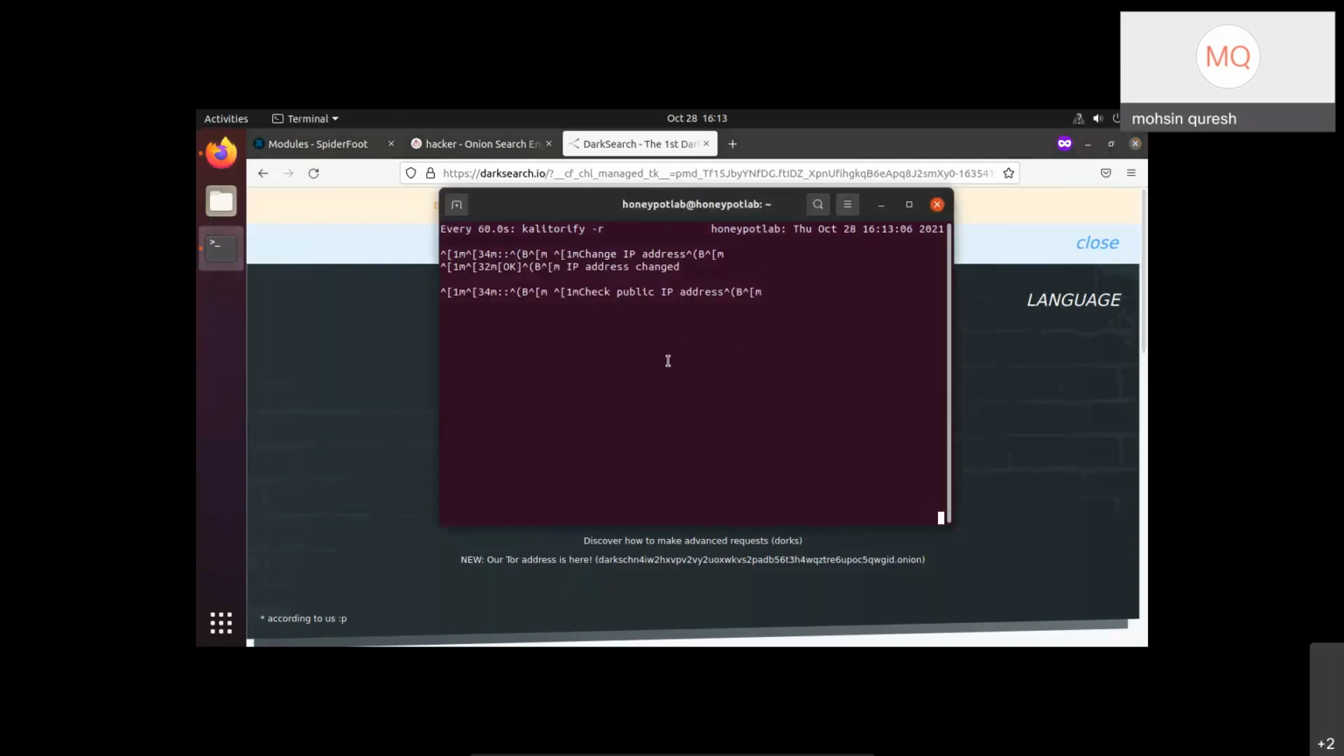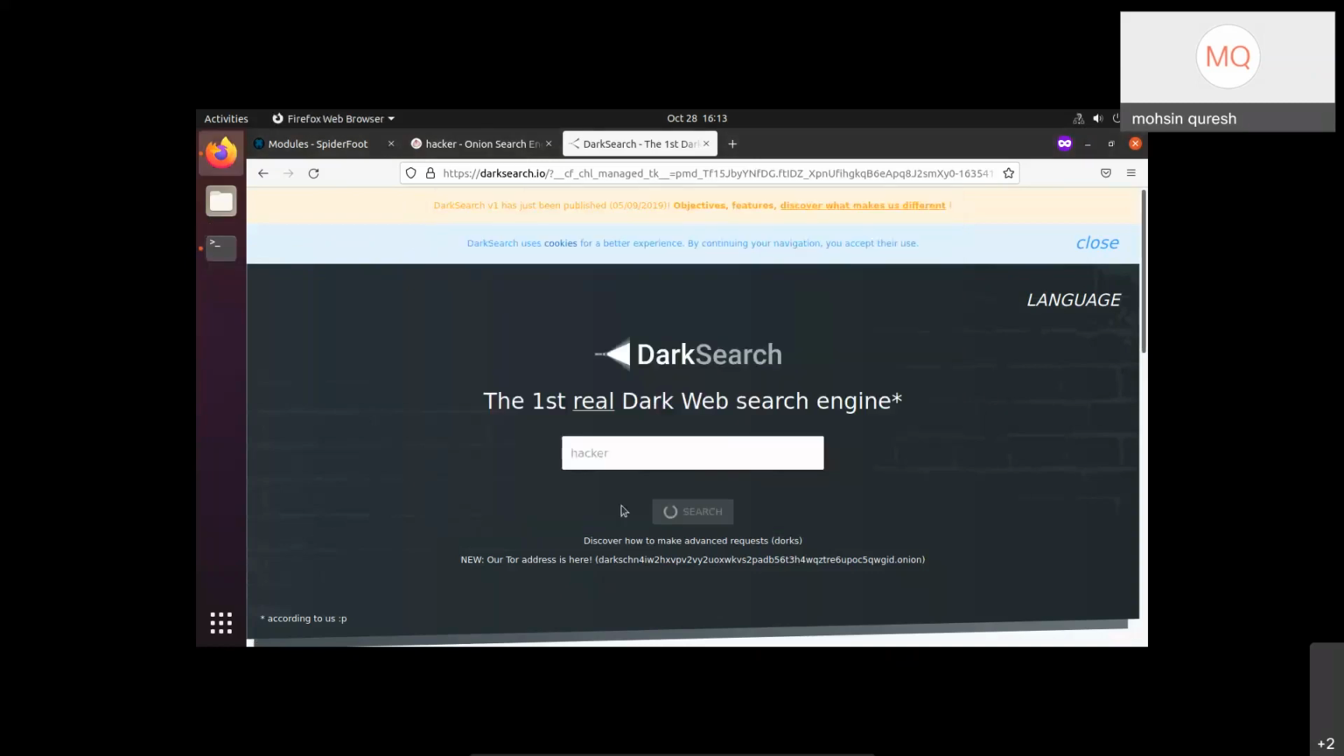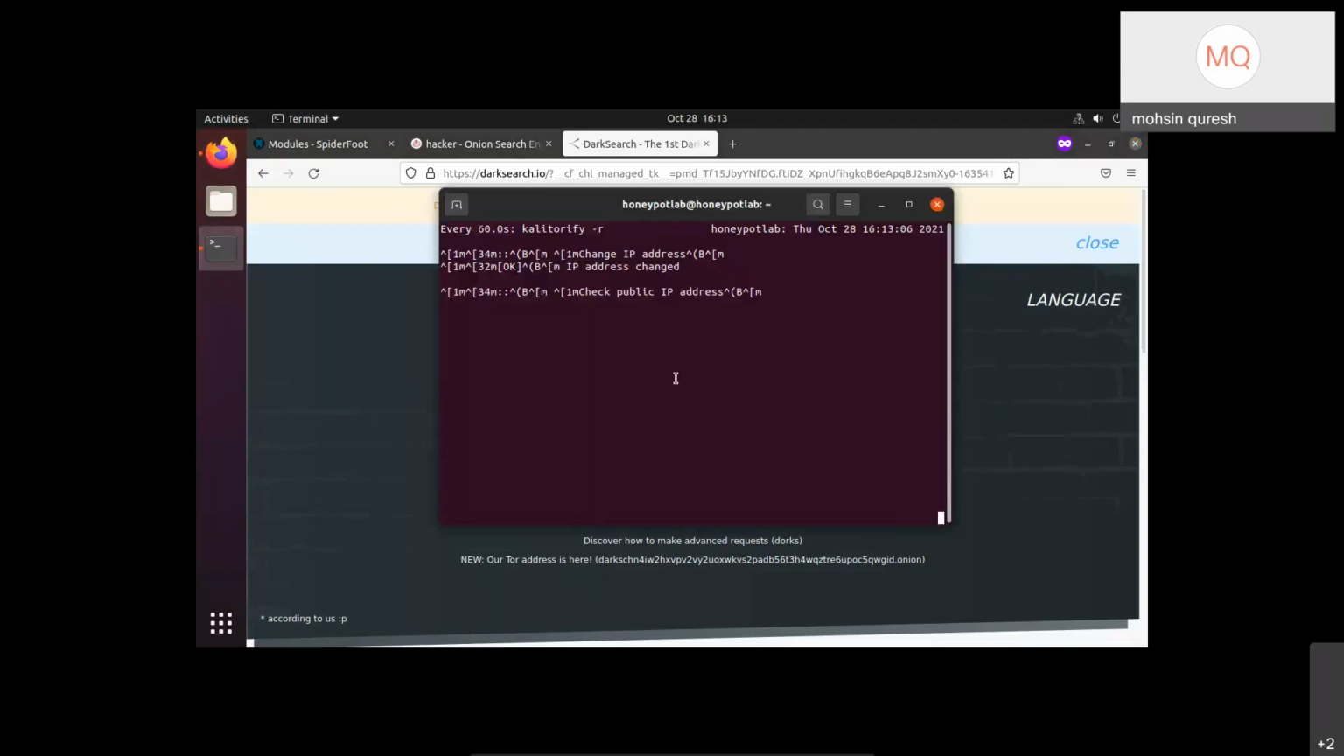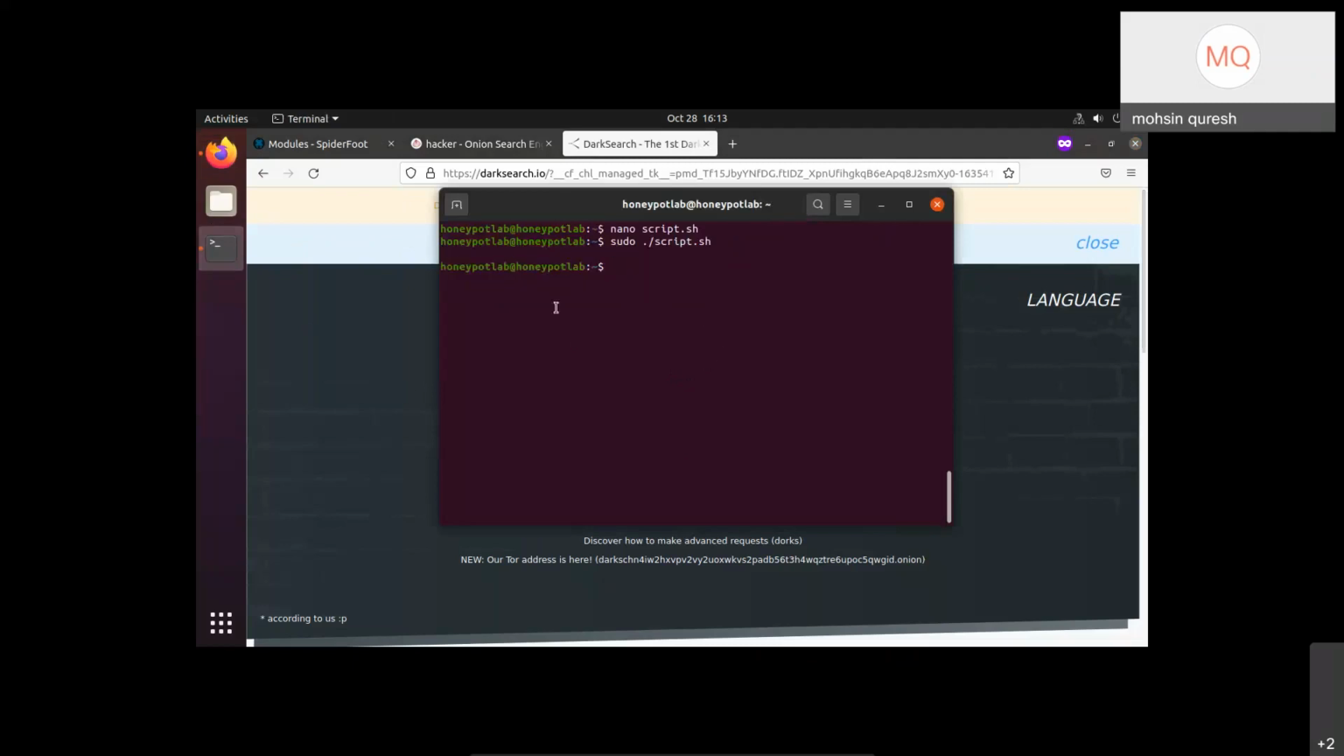And actually, there's a problem that the IP address keeps changing continuously, right? So that's why sometimes it's slow and sometimes it's fast. But we need the internet to be fast for using this script. So I'll just close this script, right? And let's check out the